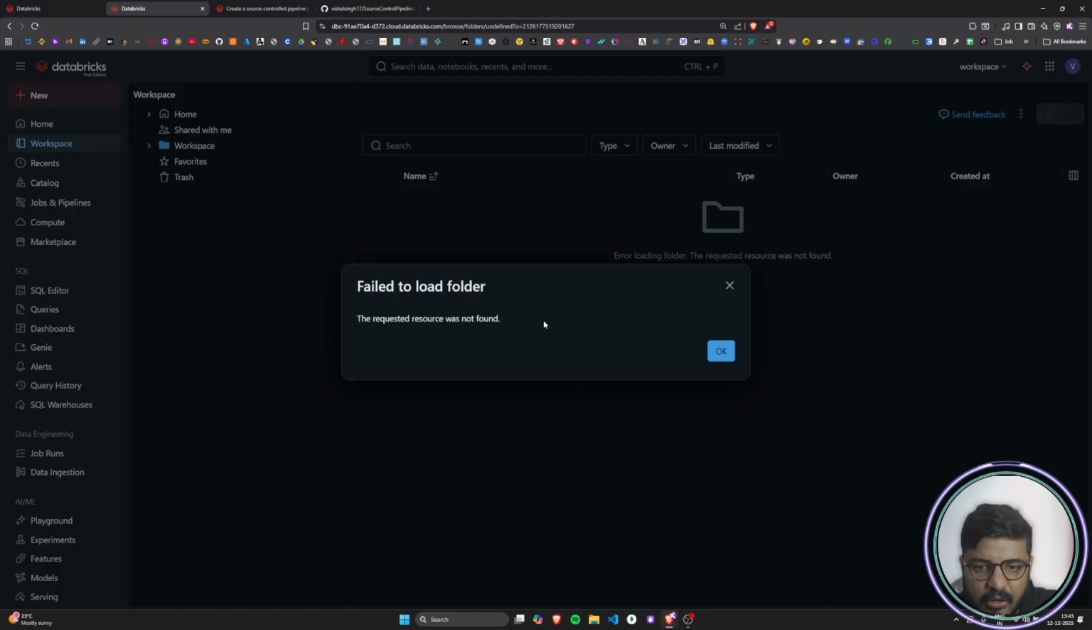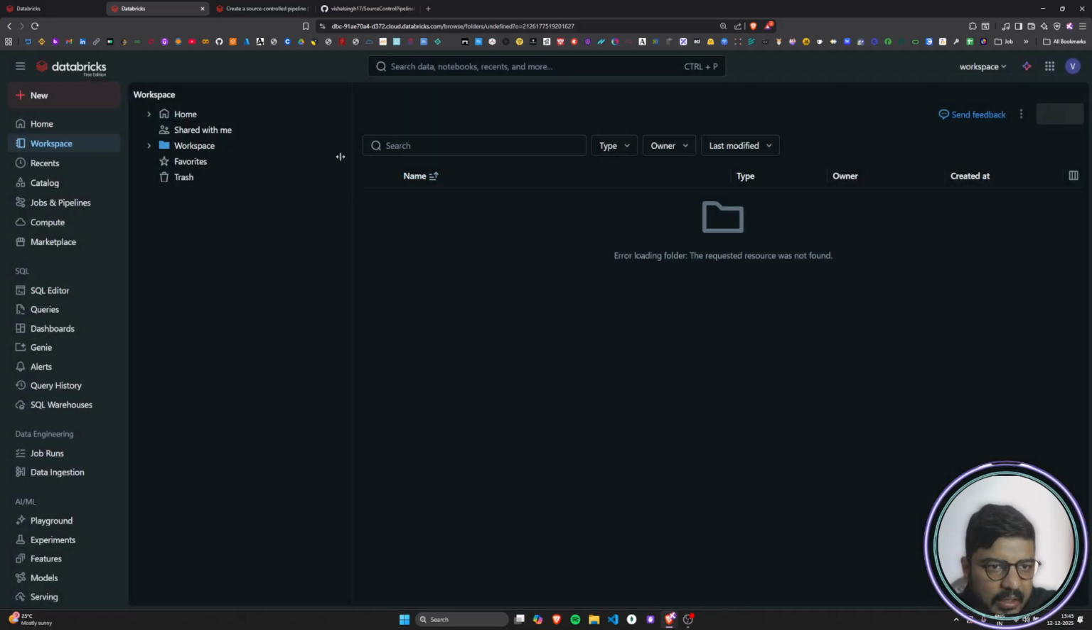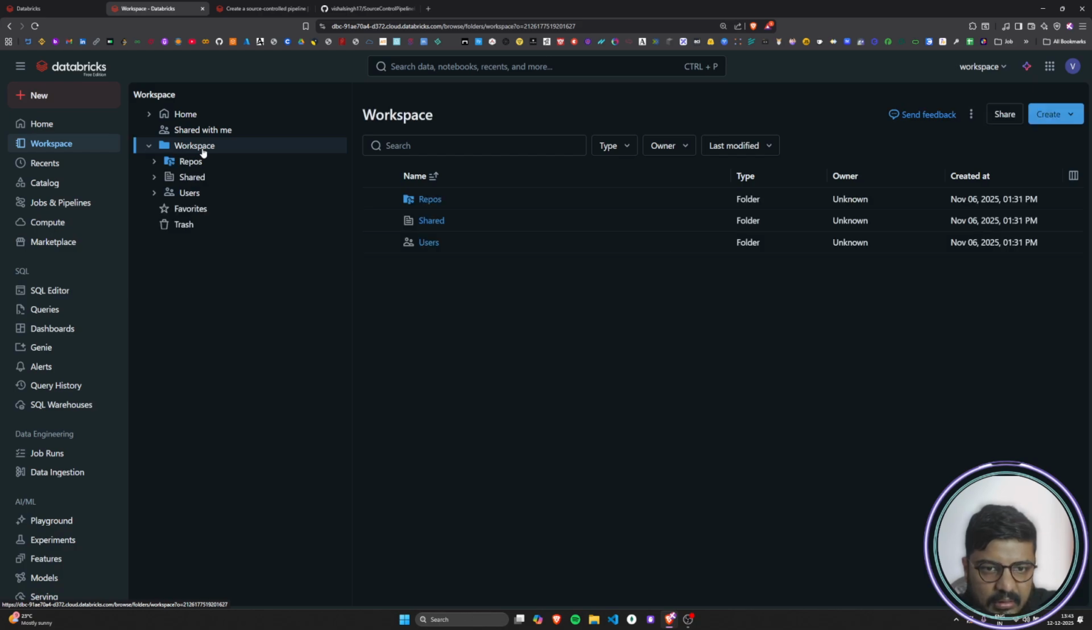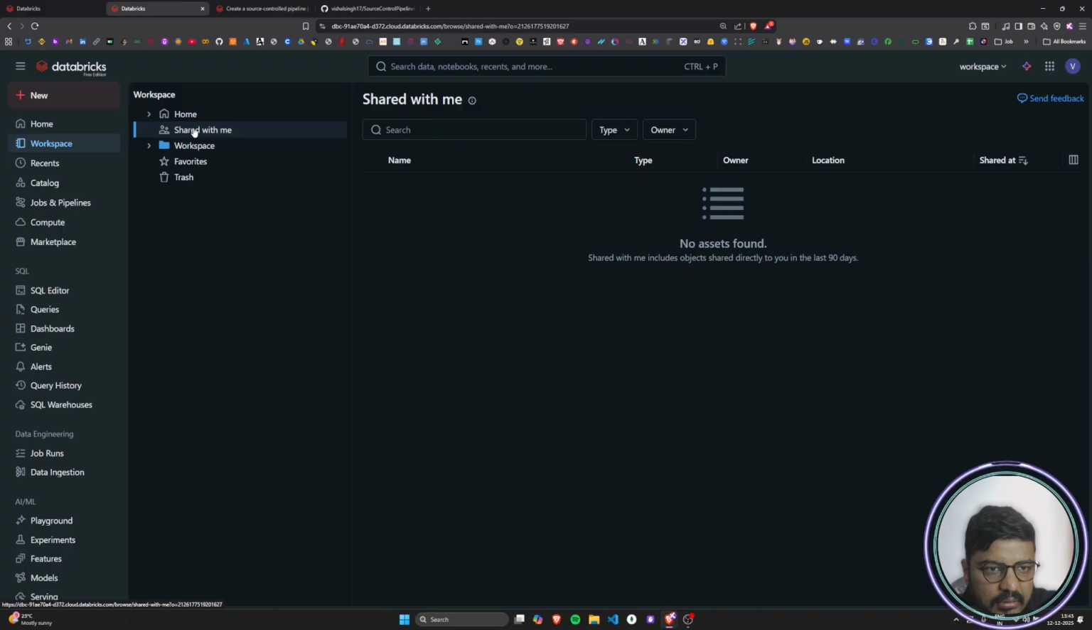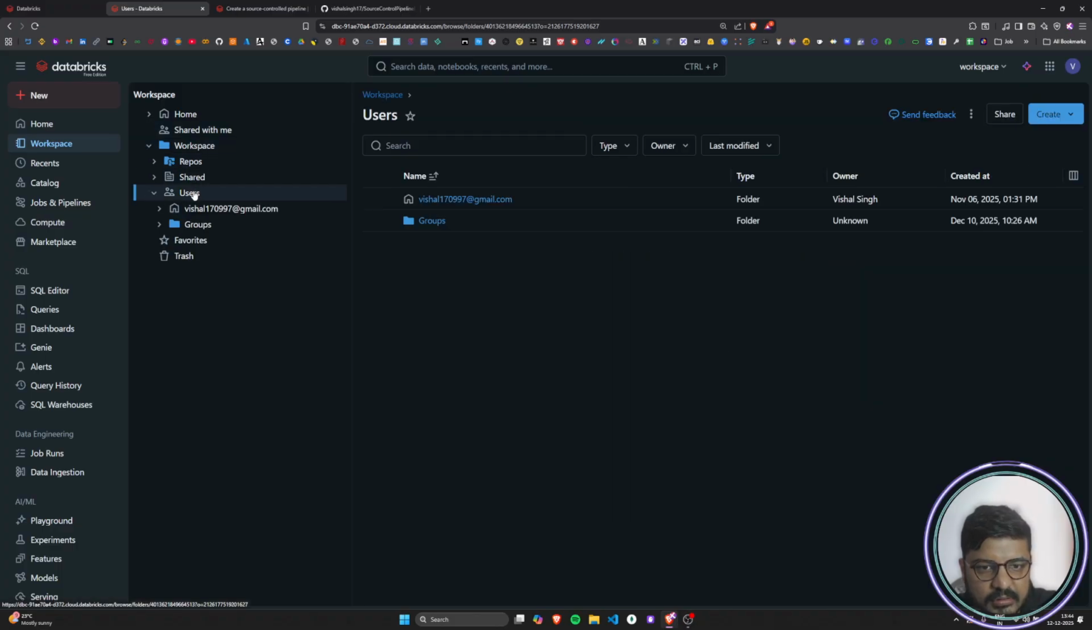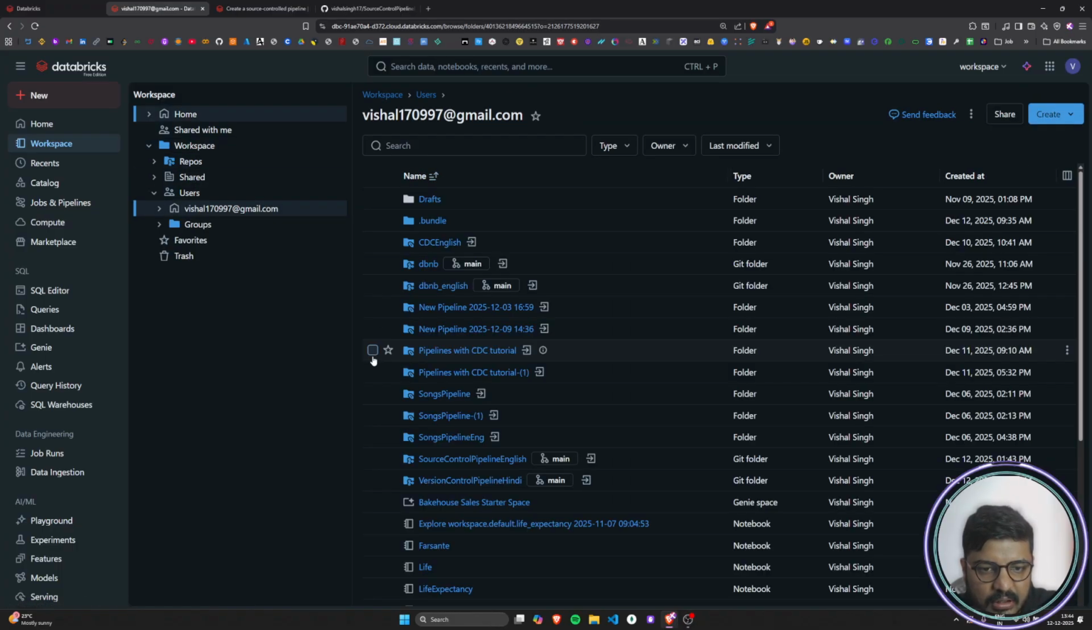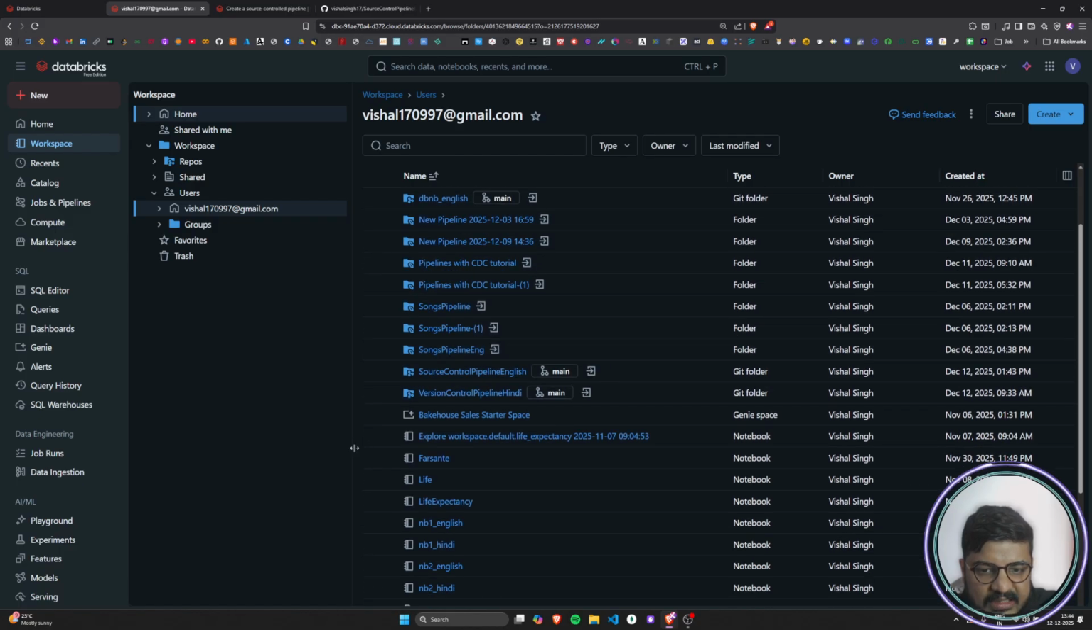So here it will say failed to load Git folder. I have to click on OK. But when I go to my workspace and click on this, okay, home workspace, and if I go to users and click on this users, I will see that the Git folder has been created. Source control pipeline English has been created, right? And now if I want to open this particular Git folder, I can just click on this thing, or